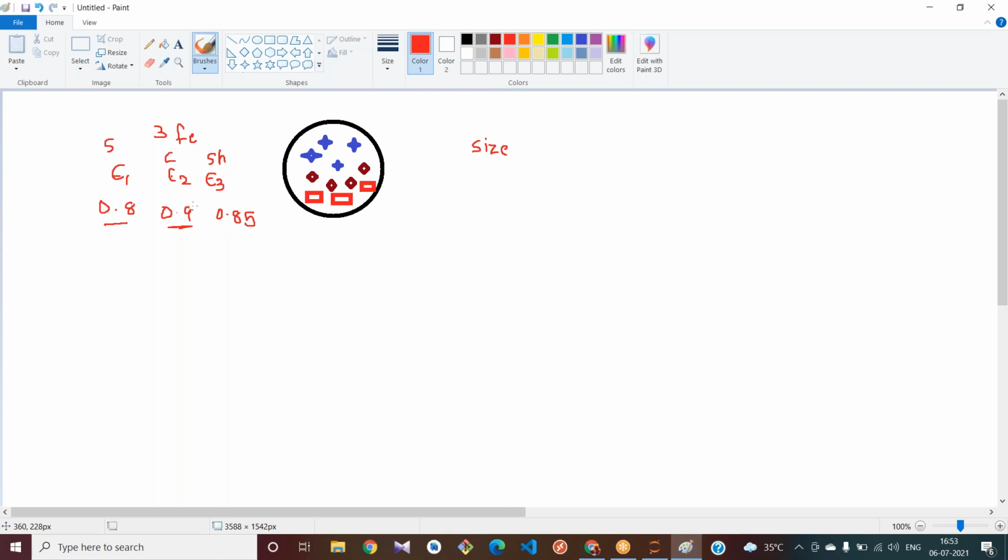I got more entropy for color. Since I got the more entropy value for color, I try to use this color feature to classify my data.